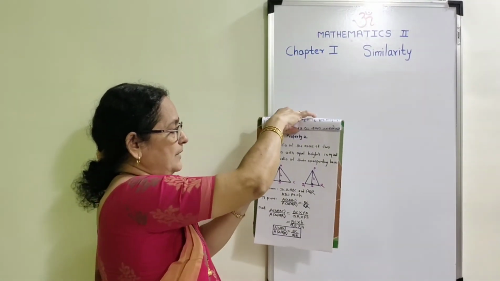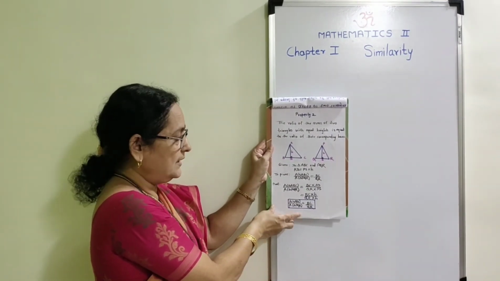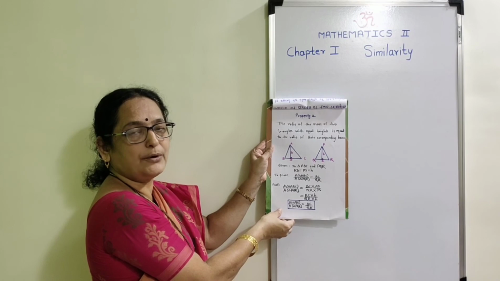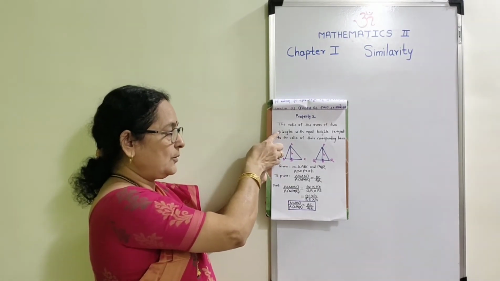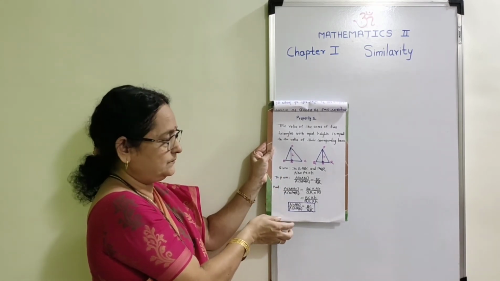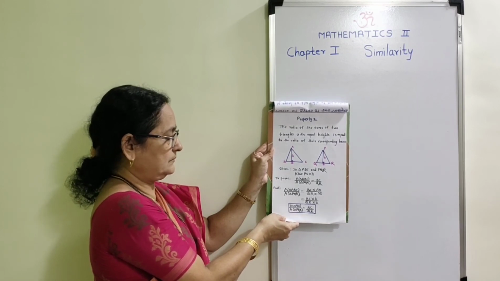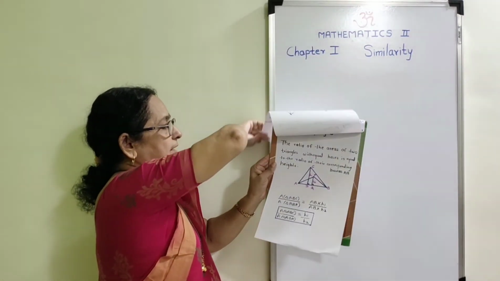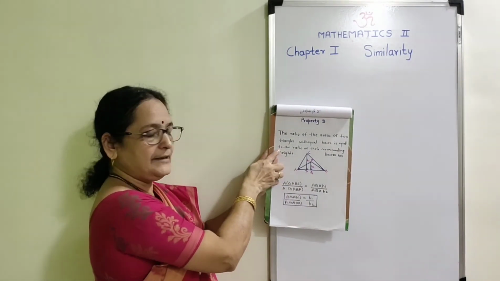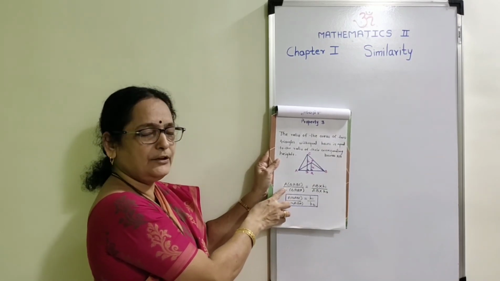Then we have determined the second property, where in the triangles the heights are equal, and at that time the ratio of their areas is equal to the ratio of their corresponding bases. Write down first of all the property, then draw the figure, write given, to prove, and then the proof. At the last, you have to write property number 3. Here also, write the property first, then draw the figure and write the proof of the property in only 2 steps.